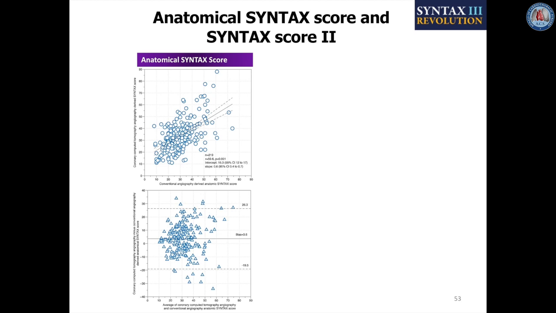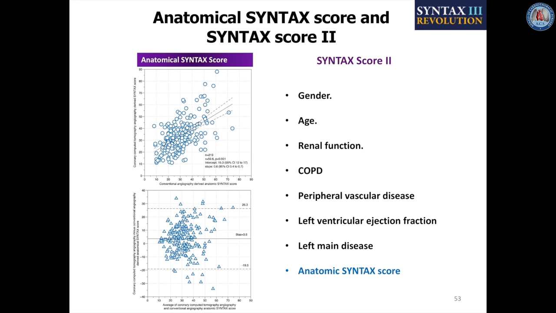If you look at the Bland-Altman, there is a systematic error of 3.6 between the SYNTAX score, multi-slice CT scan, and angiography with quite large boundaries of agreement. But